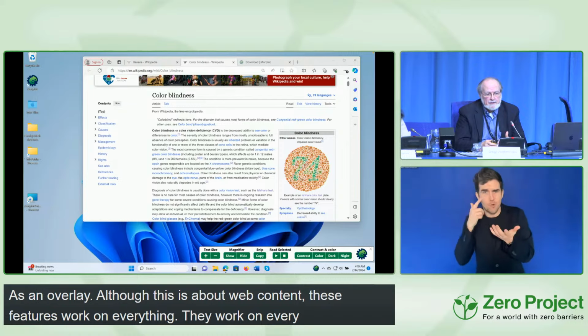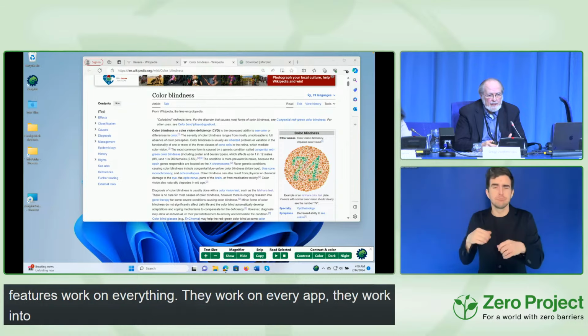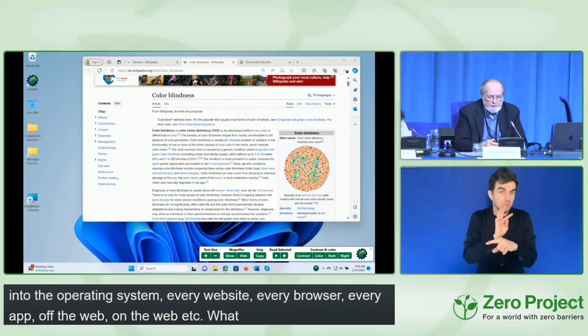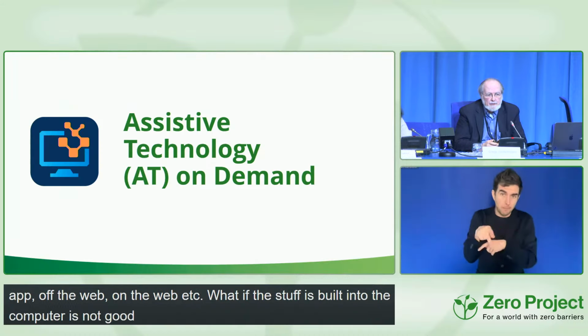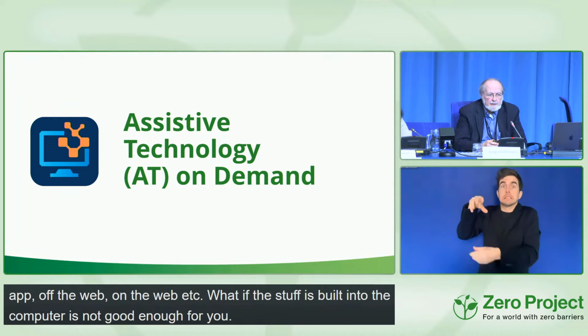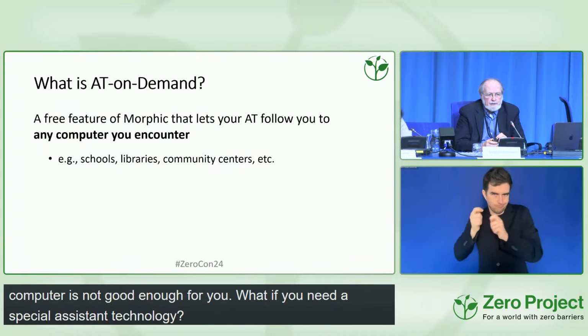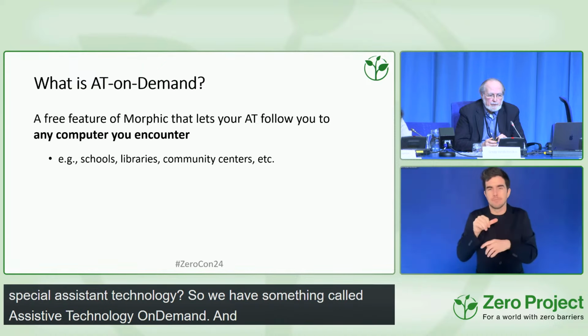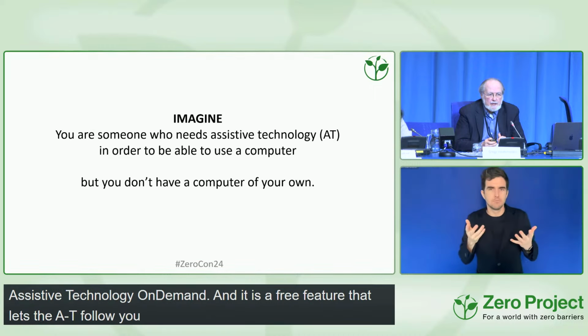But what if the stuff that's built into the computer is not good enough for you? What if you need a special assistive technology? So we have something called Assistive Technology on Demand. And it is a free feature that lets the AT follow you to any computer that you encounter. For example, schools, libraries, community centers.